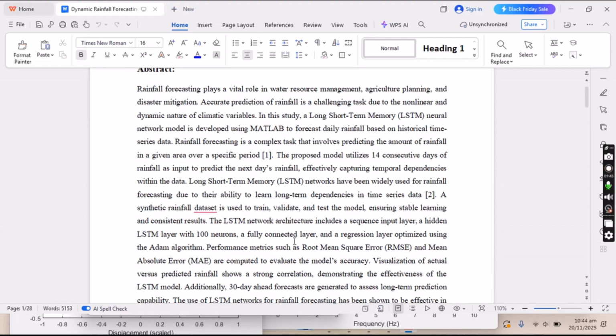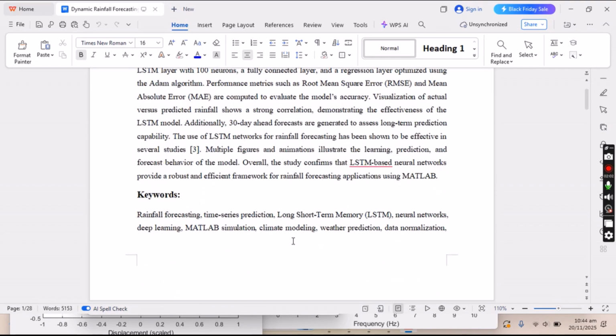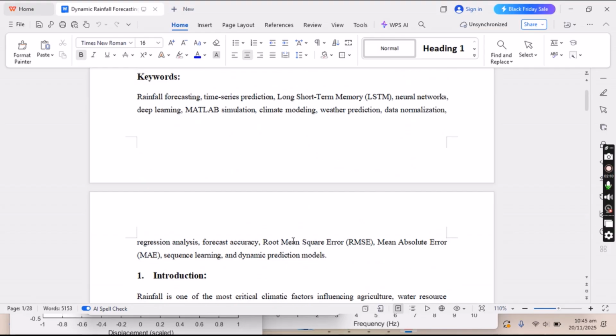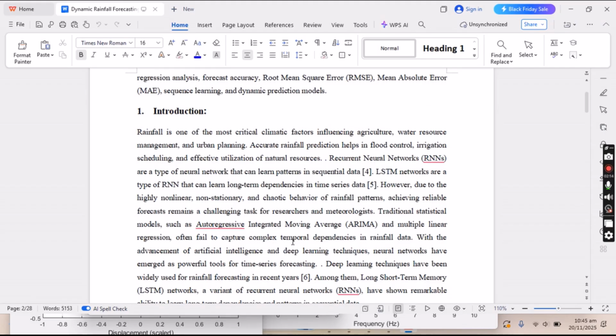First of all, we have predicted a 30-day ahead forecast. So 30 days means we predict the next day's rainfall, what the weather condition will be, and how the temperature will be measured based on the previous dataset of the rainfall. So this is the abstract with the keywords and introduction as well. Introduction also